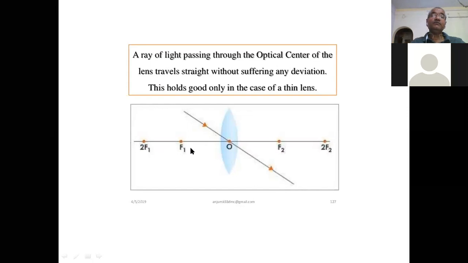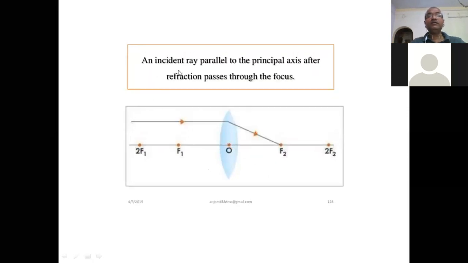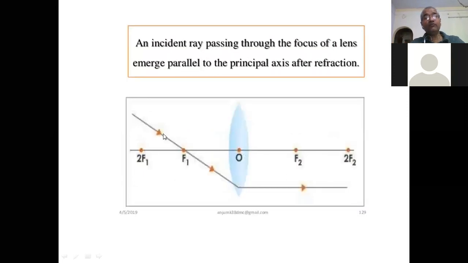नाही. But the incident ray which is parallel to the principal axis after refraction passes through the focus. म्हणजे any ray which is parallel to the principal axis after refraction it passes through the focus. और when the ray coming from the focus is incident on the lens, the emerging ray becomes parallel. म्हणजे जर फोकस मधून लाईट येत असेल आणि आपण त्या लेन्सवर तो इन्सिडेंट केला तर that light becomes parallel to the principal axis. तर हा this is the principal axis.